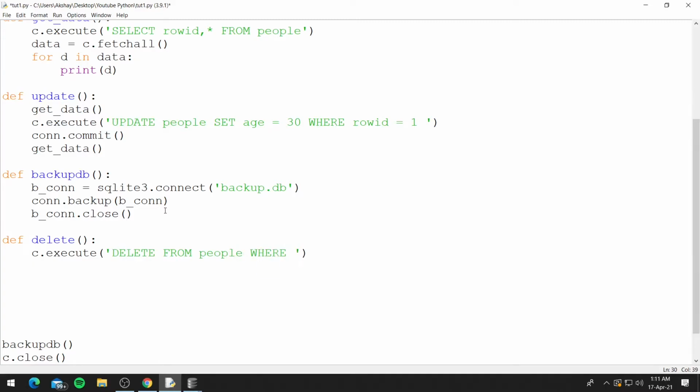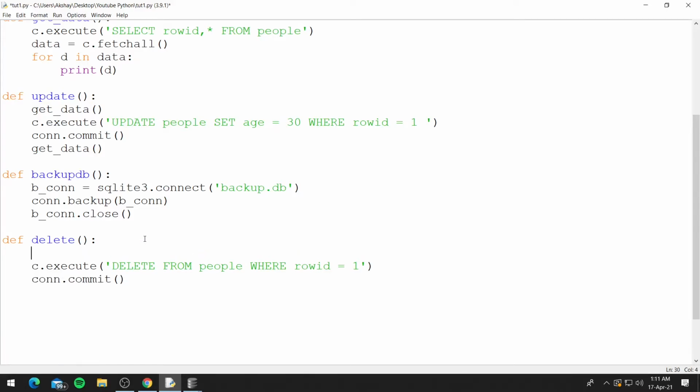So where row id equals 1. So now let's save the changes, con.commit, and let's also print the data before and after. So get data, and we'll also print some separation.